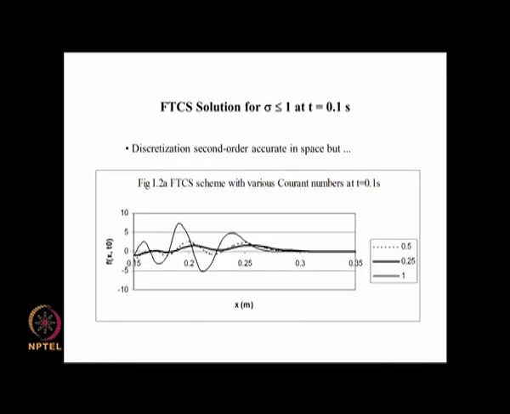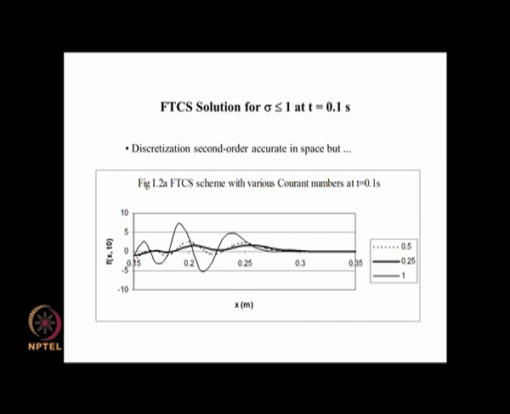And for even smaller Courant numbers also we are not getting anything like the rectangular pulse. So what should have been giving a better solution because of its inherent second order accuracy is not actually giving us a good solution, and all because we changed from first order to second order in space.